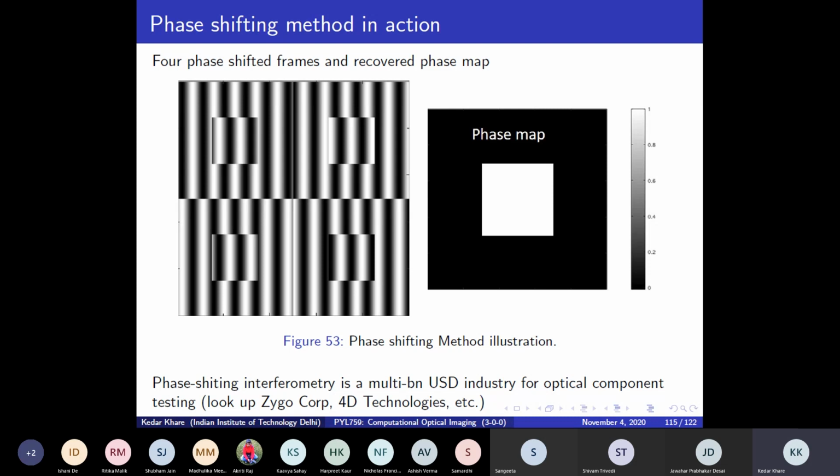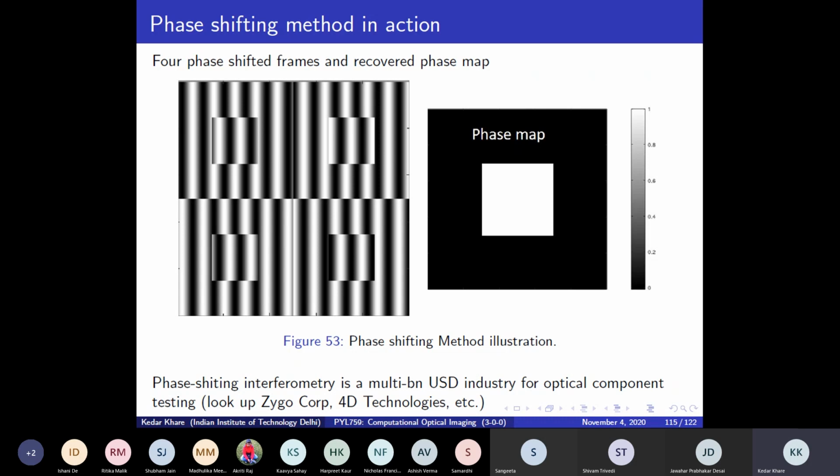And so, it's not a trivial task. When you say a mirror is flat to lambda by 10, you are saying that the flatness of the mirror is down to 50 nanometers at visible wavelengths. So fabricating it is already an involved process. But after fabrication, before any vendor or manufacturer ships it to a customer, so in my lab, we will routinely be buying optical components, but every time you buy something, somebody has tested it for you, to make sure that it has been fabricated to that level of precision.